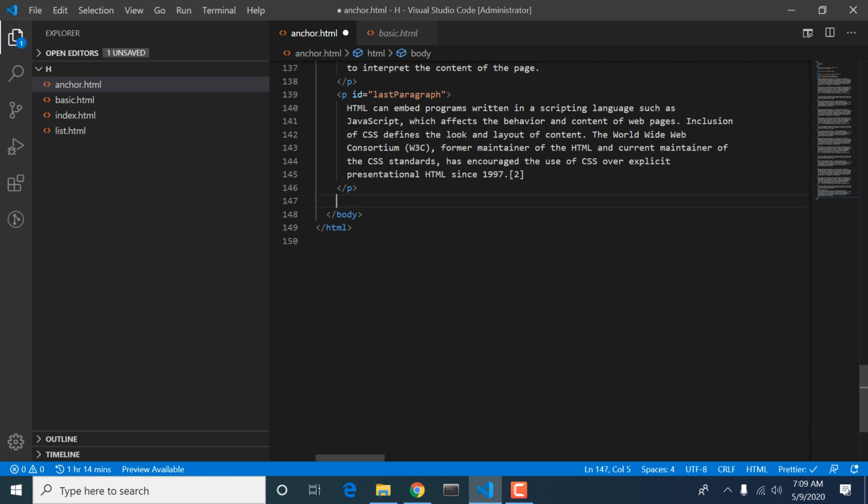I will properly explain this id in CSS, so don't worry. These are known as in-page anchors. Okay, so next we are going to cover input and buttons.